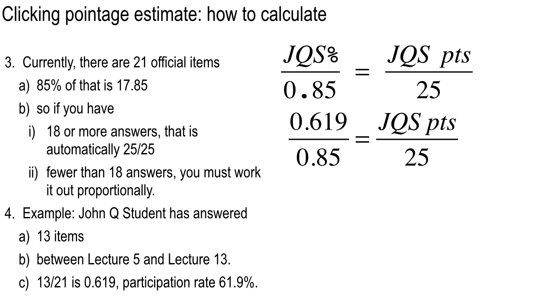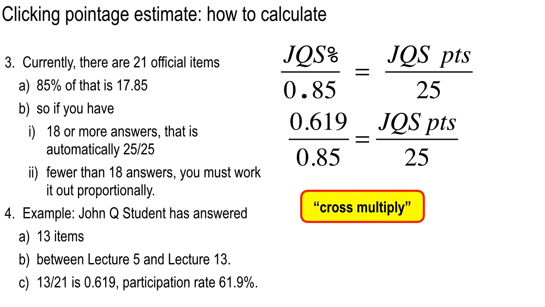John Q student right here, we're not even halfway through the semester. So he's got plenty of time. There's going to be a bunch more questions. And if you answer all of them, you're going to go somewhere between 61.9 and 100. Now, you won't have 100%, but actually all you need to do is 85%. So you could probably get that. So anyways, there's your proportion.